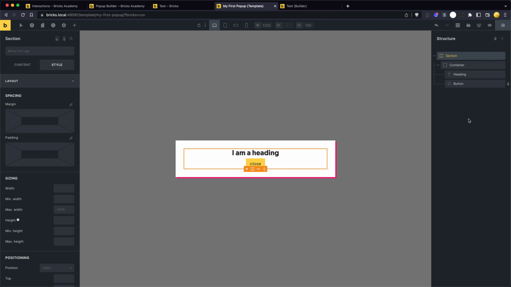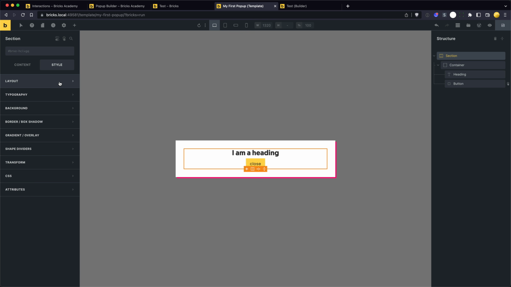That's why in general, it can be also a good approach to just always have some sort of wrapper element around all of your other pop-up content elements. Not really necessary if you don't work with element conditions on the pop-up. It's not needed, but it makes it definitely easier when you work with element conditions, because then you can just set one condition on the outermost element and everything else inside. It's not going to be rendered if the condition is not fulfilled. Okay, so